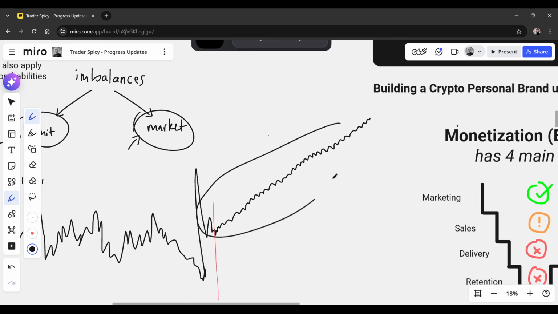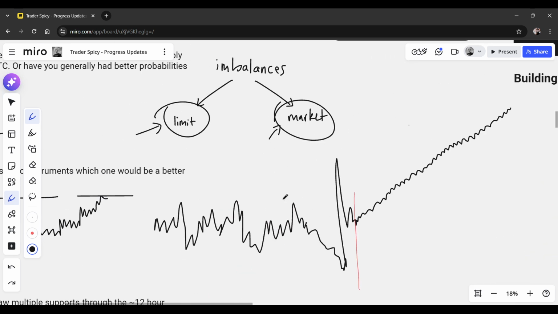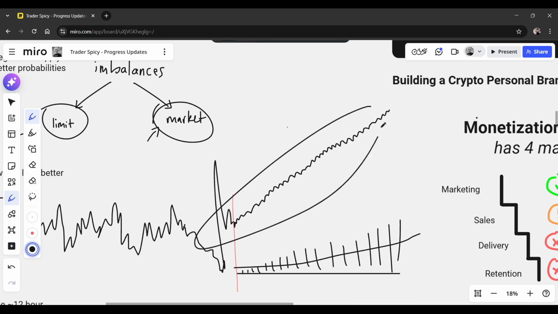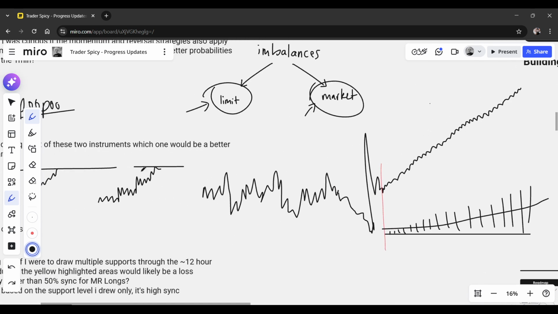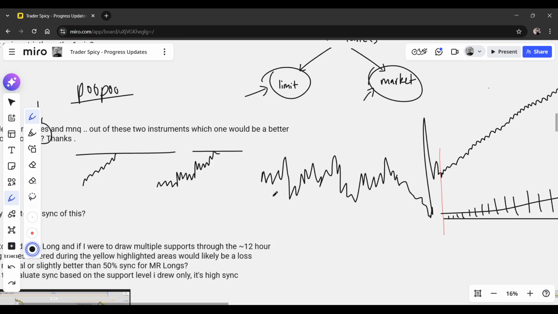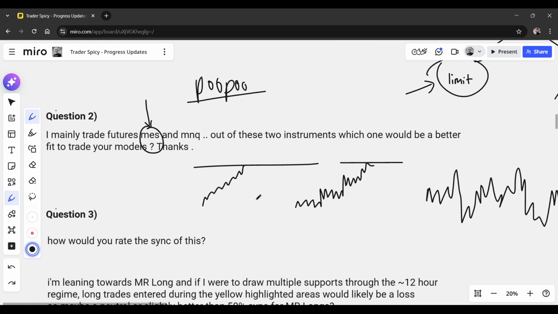Now, if I get this kind of price action in poo poo coin, and the volume also happens to be gradually increasing over time, this is absolutely perfect to go and trade a breakout. So it's not so much the ticker or the instrument that matters. That's not what really goes through my mind. What goes through my mind is what the current qualities of this instrument are in this exact moment in time. That's the first point that I want to make.